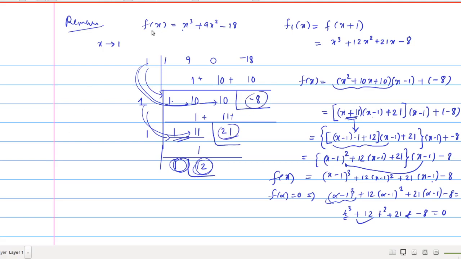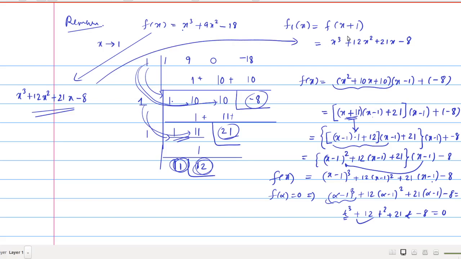From this f of x, you can directly perform this synthetic division. You can directly get the numbers 1, 12, 21 and minus 8. Then using these numbers, you can write x cube plus 12x square plus 21x minus 8. Okay, so this is exactly the same as what we have obtained here by replacing x by x plus 1 in f of x. You can use either of these methods,